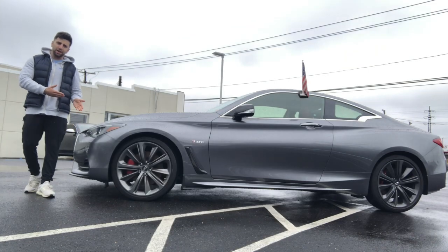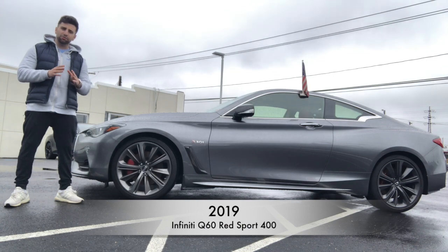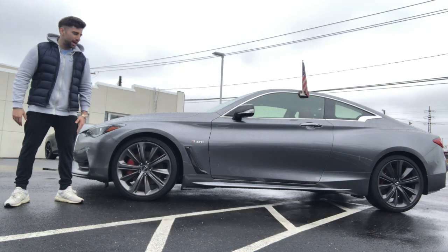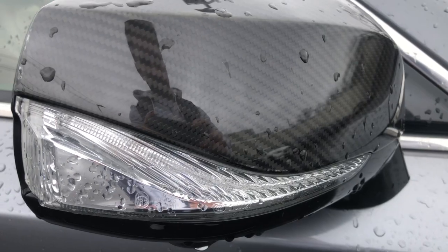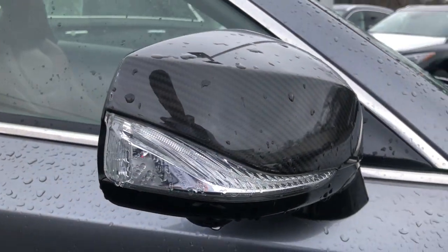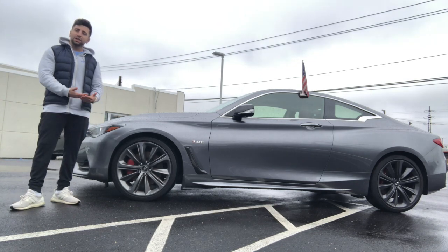This car parked here right next to me is the 2019 Infiniti Q60 Red Sport 400. Now, it's called the 400 because this car comes with 400 horsepower. It features tons of cool, unique options that we're going to take a look at today. We're going to go inside and outside the car, go for a little drive, and see what this thing has